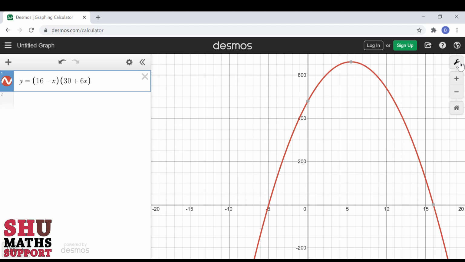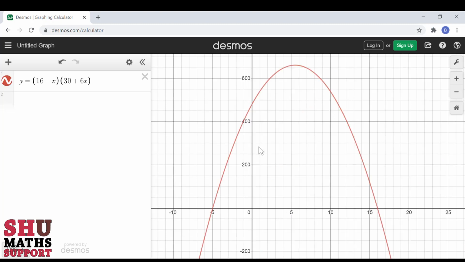There we go. So on the y-axis we have revenue, and on the x-axis we have the amount we reduced our price by, and I'll just explain the key parts of the graph. So here where the curve crosses the y-axis, we have the amount of revenue we would make when x is equal to 0, meaning if we didn't adjust our prices and kept them as £16, then we would make £480